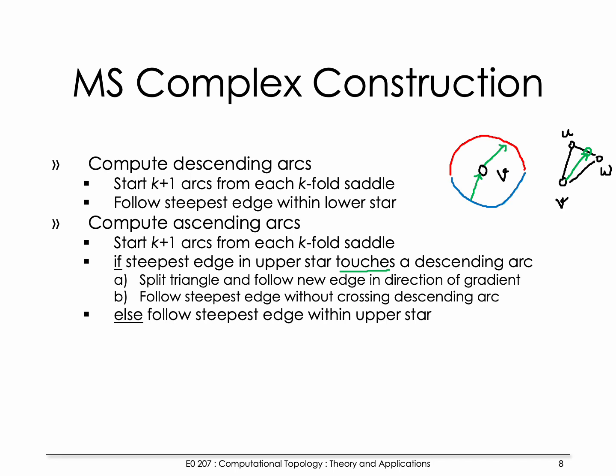So what this does is that it does not cause any unnecessary intersections between the descending arc that's going through UV and the ascending arc that is going up from V, right? And then we follow this and take it up, right? So of course this causes some difficulties because you have split a triangle, which means you have created new vertices, and later when you are tracing the ascending arc of another saddle, then you need to handle these additional vertices as well,